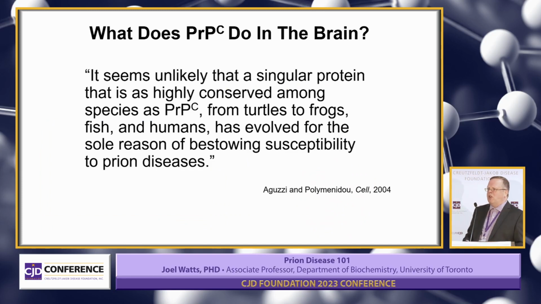So as I said, we don't really know what PrPC does. It can't have evolved solely so that 1 to 2 new cases per million people could get prion disease every year. So it has to do something useful in the brain because it's present from fish and birds and frogs, and all mammals have it. So it's still one of the mysteries as to why we have this protein. In all likelihood, it probably plays more subtle roles in several different areas of biology, as opposed to a major role in one area.